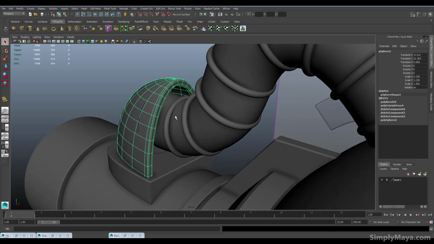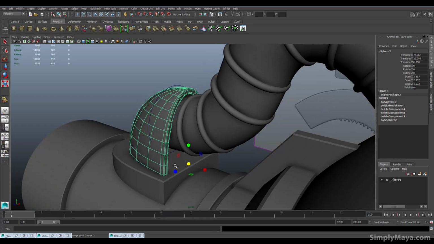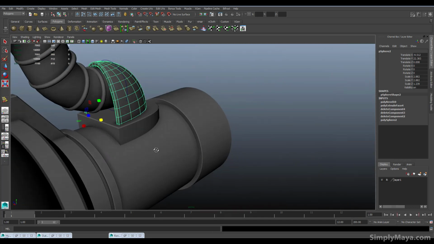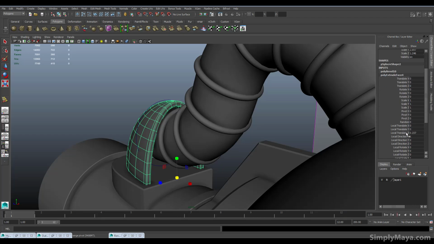but I've already done that. In fact, I've extruded the outside faces. And because I have the history on here, I can see I still have that poly extrude face active. So if I scale this cowling down until it encompasses the pipe like so, or is a much better fit there, I don't think it needs to be perfect, but just so there's not a huge hole there, I should then be able to simply select this poly extrude face,